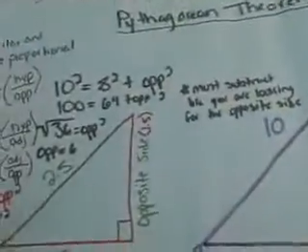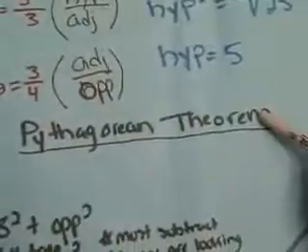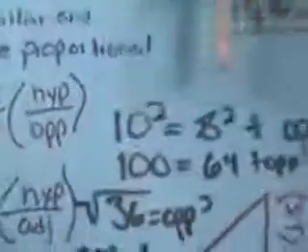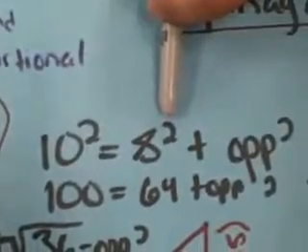Next we have B, where we're going to be looking at two different triangles, and at the end we're going to try to say why they are a little bit the same. Now with this, we're still going to use the Pythagorean theorem, but it's going to be a little bit different because with both of these, we have our hypotenuse and our adjacent, but we are looking for our opposite side on both of them. So we're going to start out with the big triangle, which is right there, and it's going to be 10 squared, which is the hypotenuse, 8 squared,